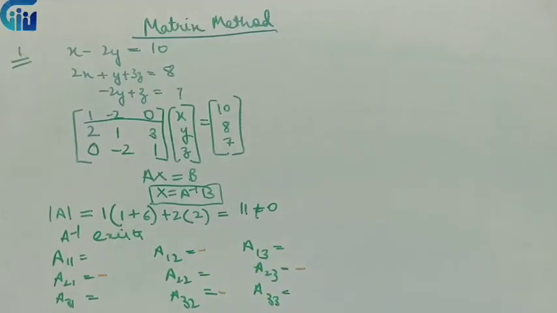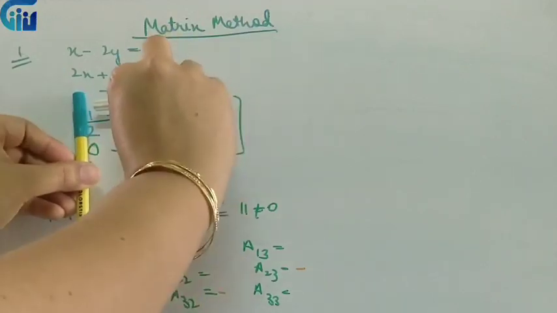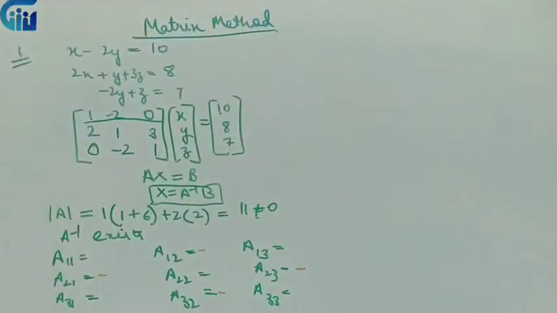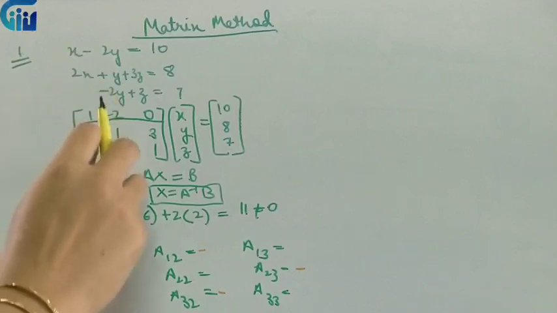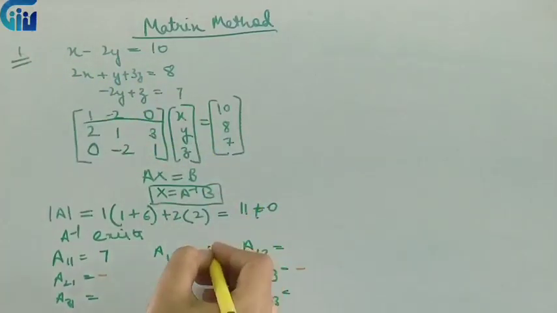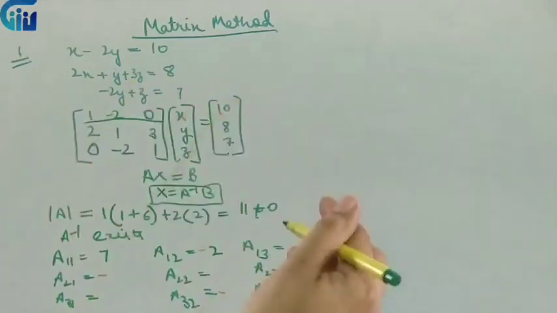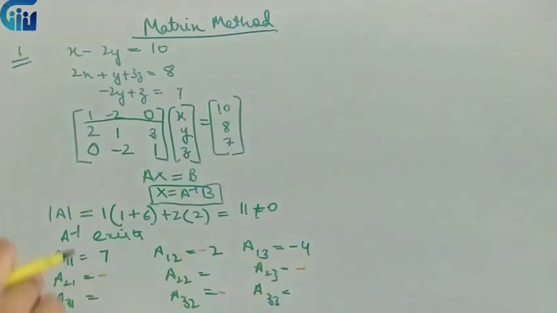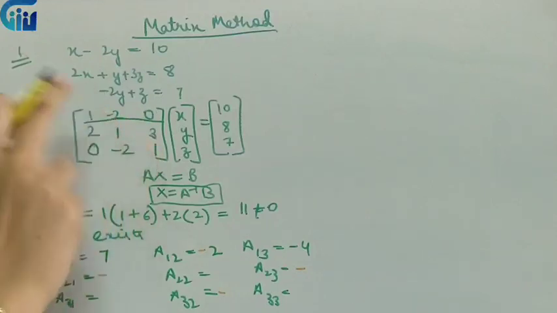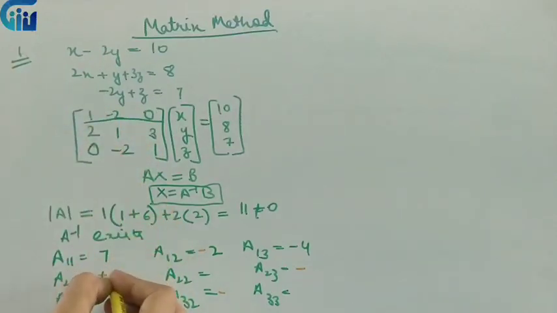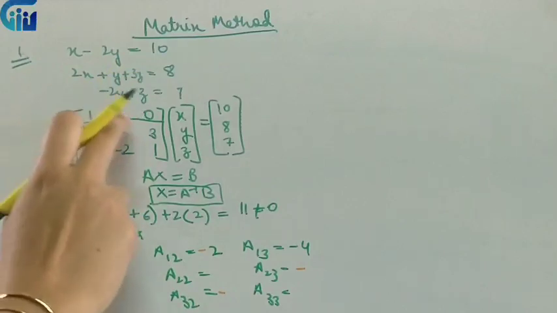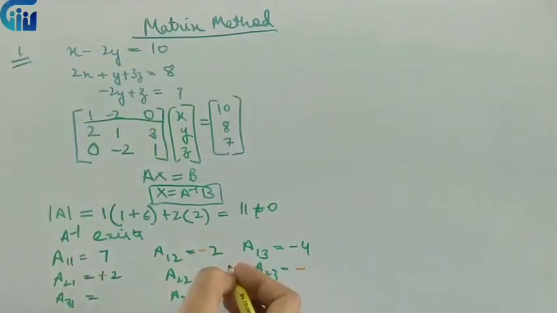Now let's quickly calculate. For the first one, we will cover it like this and this. So what will I get? 1 into 1 plus 3 into 2, so that is 7. I'll write 7 over there. For the second one, we will cover it like this. So 1 into 2, so 2 minus 2. Then this will be minus 2 into 2, that is minus 4. The other part is 0. So this is minus 4. Next A21, I'll cover it like this. 1 into minus 2, so minus 2. Because of this minus, it will be plus over there. Then I'll cover it like this. 1 into 1, so that is 1.